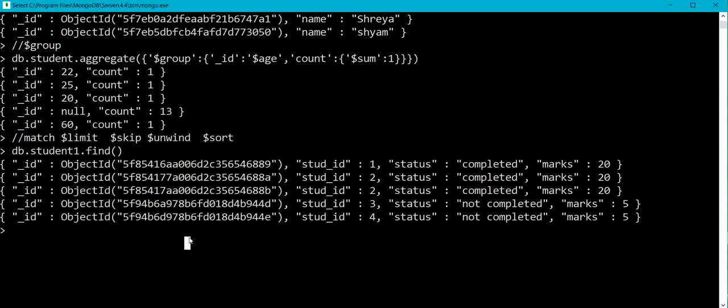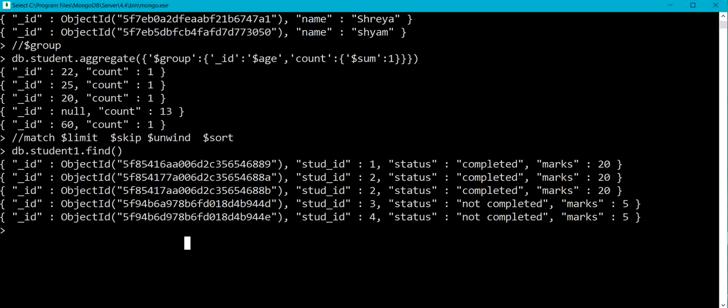Okay, so let me use the aggregation pipeline over here. I'm going to use $match, with which I'm going to find the students whose assignment status is completed.